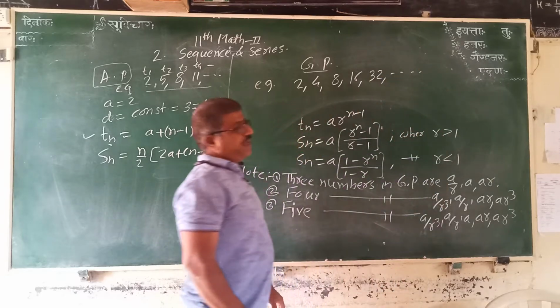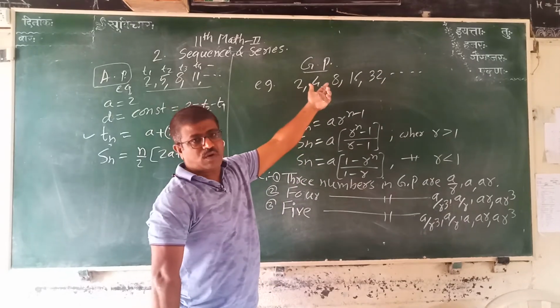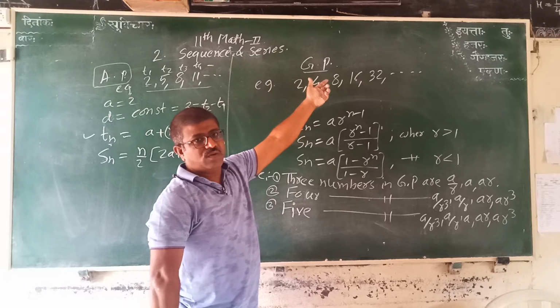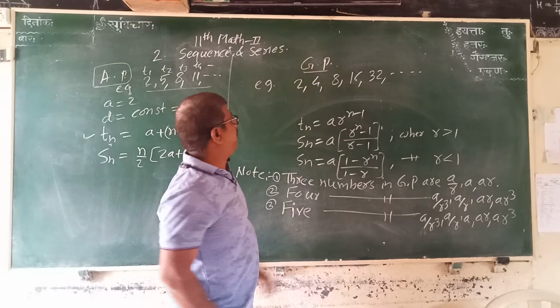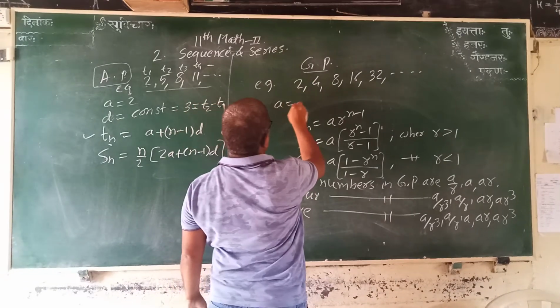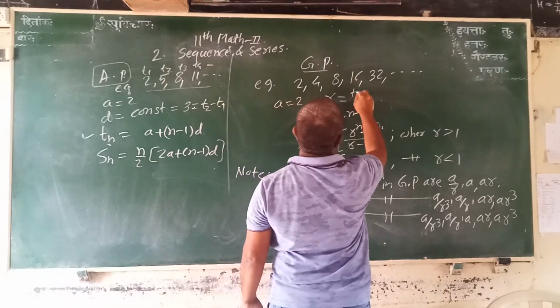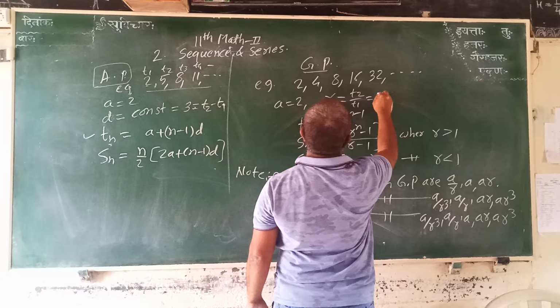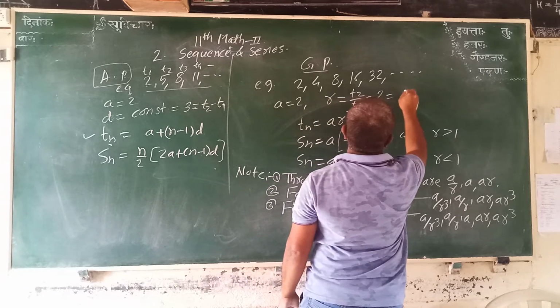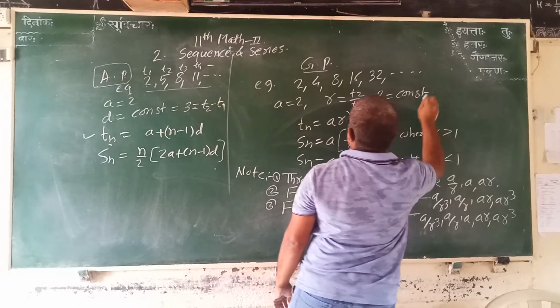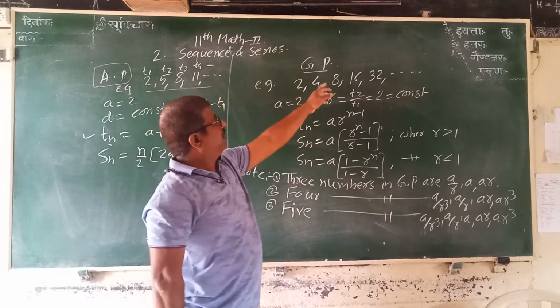In this example, there is no common difference. Then at this time, we get the ratio, that is T2 upon T1 is equal to 2 is equal to constant. Any term divided by the term before it, then we get the ratio,